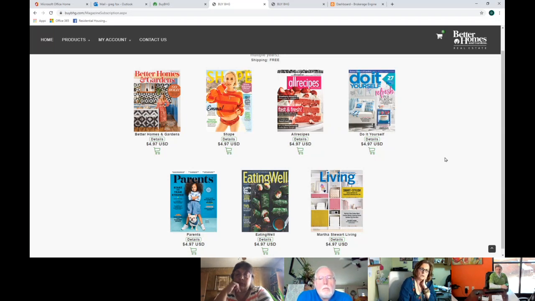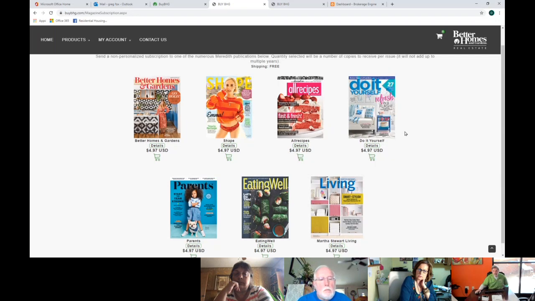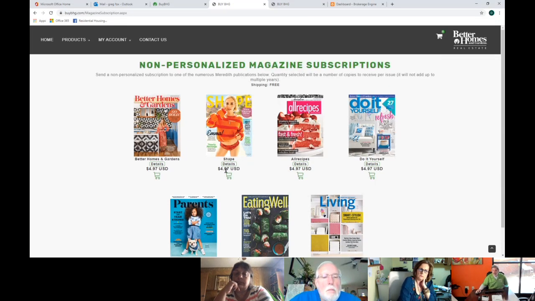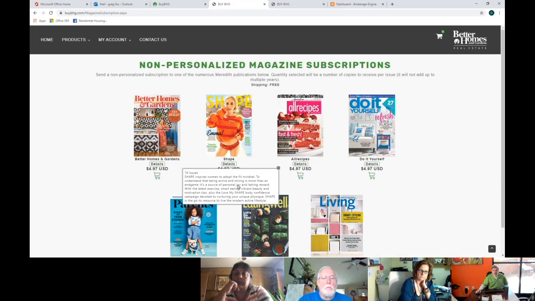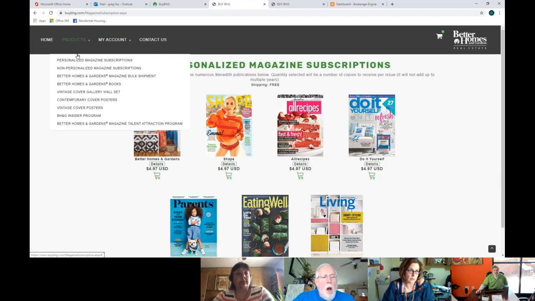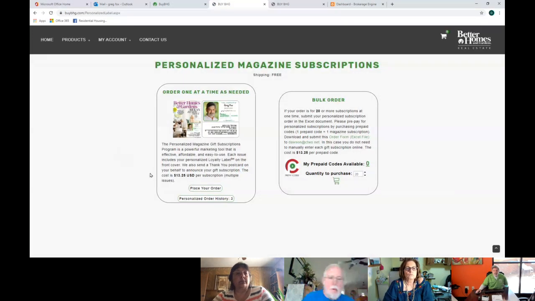So does your label go on those? I believe so. I've never ordered one because I've never had one pop up that said this won't work. I can contact the company and find out. I just take it because it says non-personalized magazine. I thought maybe your sticker doesn't go on that one. Well, I just found that more or less to find what other magazines were offered. Let me see if this will help me. Place order.